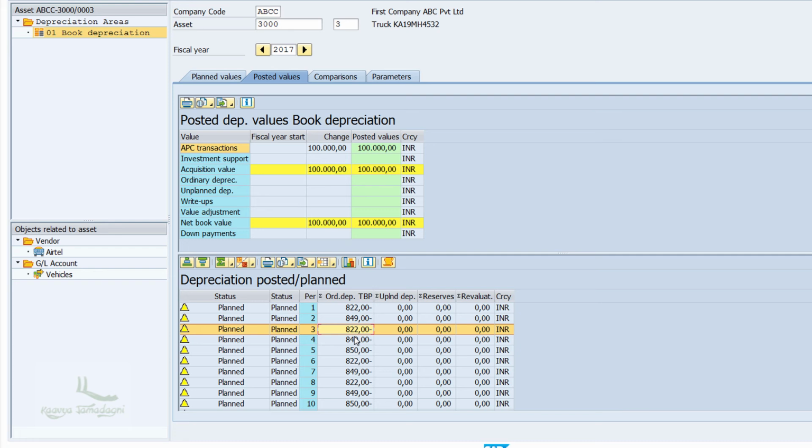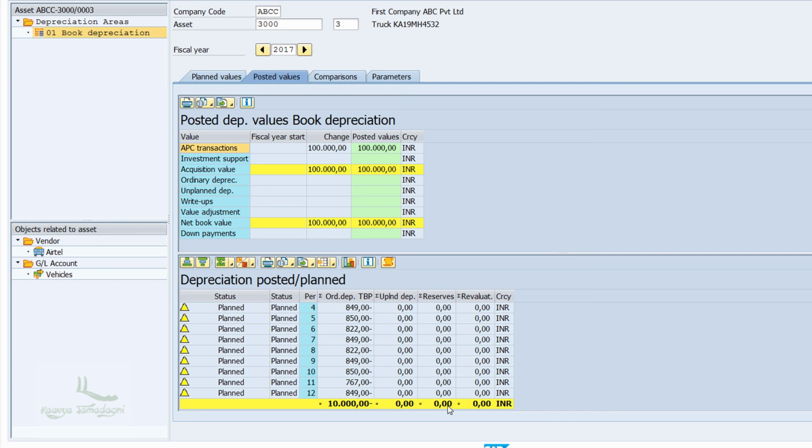Can you observe the difference over here? Why is this difference? The difference is because April has 30 days and May has 31 days. Here we also see some months with 850 rupees. This is because of the rounding. If I come down, period 11 has the amount as 767 rupees. Why is this? Because February has only 28 days. And all these values total to 10,000 rupees. Got the concept now? Great.